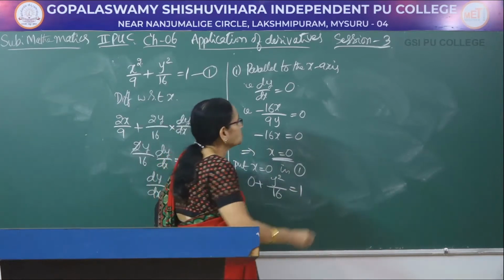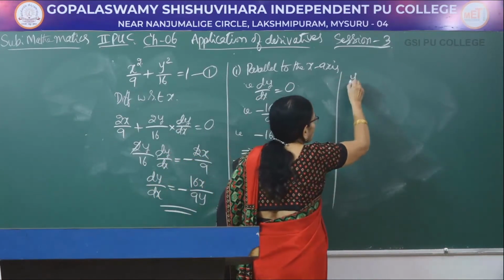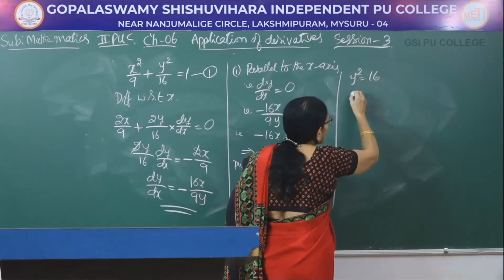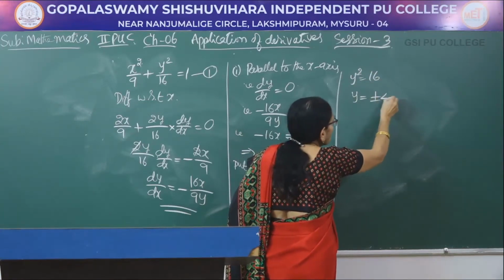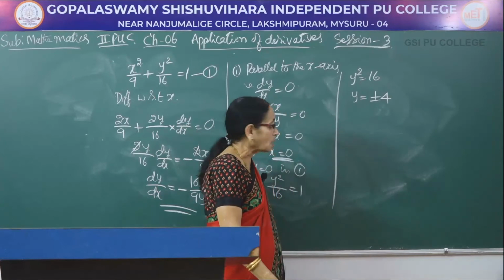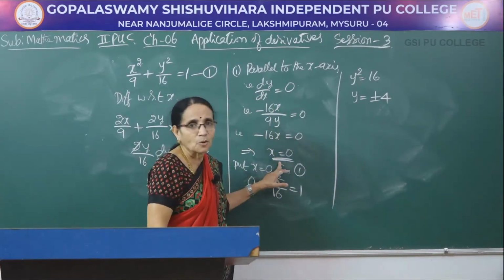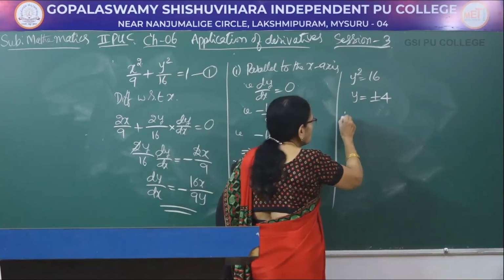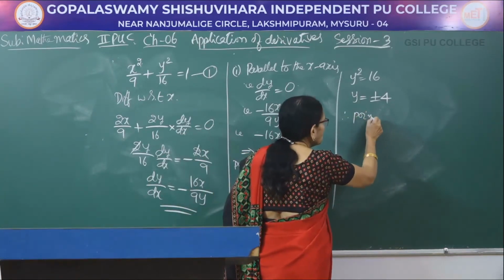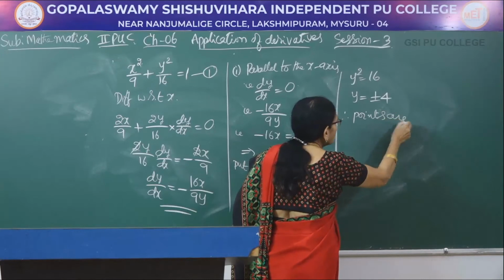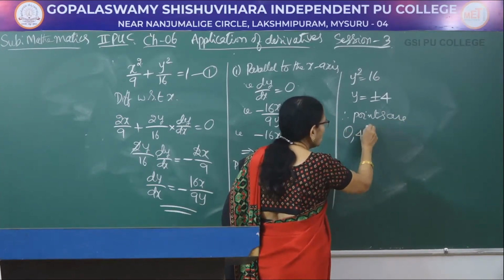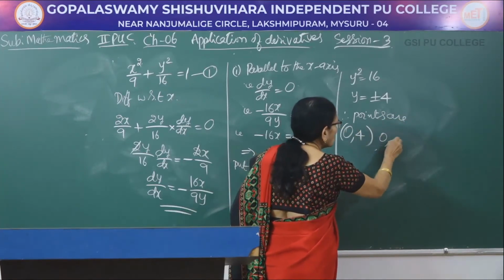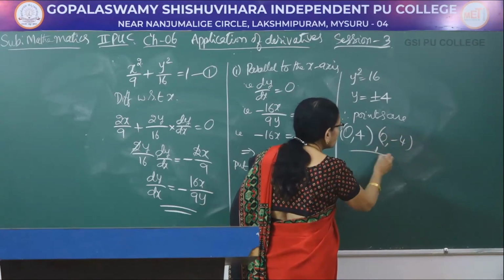So, y square equal to 16, which means y would be plus or minus 4. But what is the value of x? For one value of x, I am getting two values of y. Therefore, you write the points are